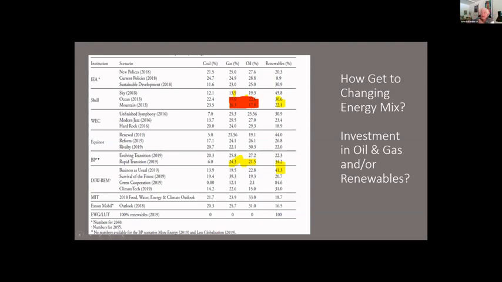And again, looking at the Shell variations, you see pretty strong, significant changes in the amount of renewables, and of course coal. They didn't put in the new IEA, but the new IEA would have much less coal. So again, looking at this is really hard. And then if you look at BP, they're going to say they're having an evolving transition. So stepping back, what you're really saying, if we're looking at the agents or the producers, in this case I'm looking at oil, but any energy producer, what do they do and how do they make the investments?